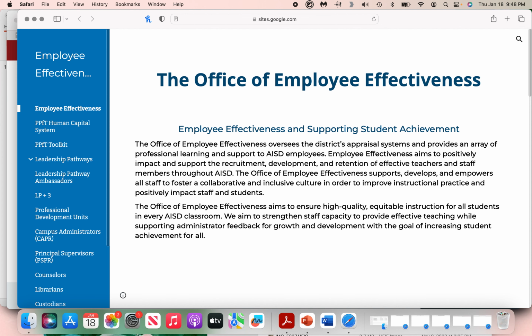You have your PPFT human capital system, your toolkit, which is my favorite part of the entire thing because it just spells everything out for you, especially regarding your IP, your instructional practice rubric, with what this might look like, and also with your PG&R, what this might look like, with those clear indicators and specific examples of what each strand and indicator of the rubric